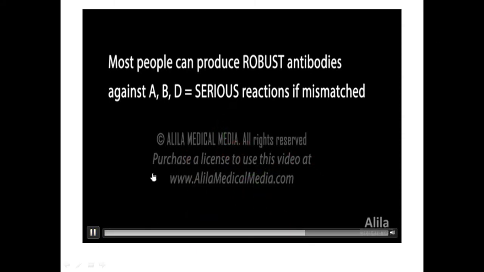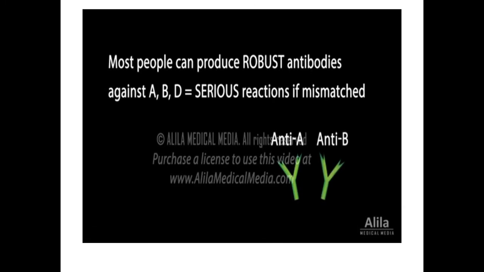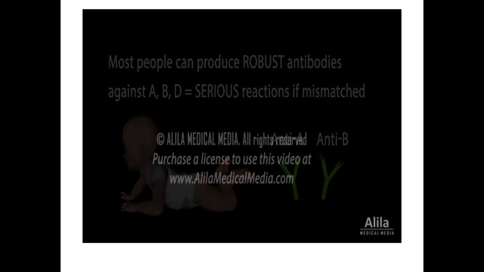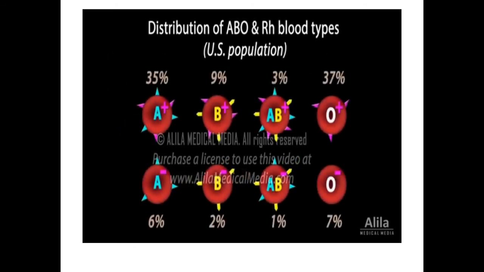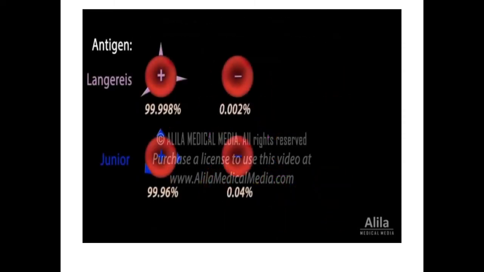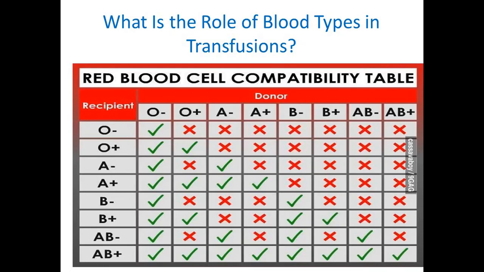which may not be the case for other antigens. In fact, anti-A and anti-B antibodies are usually developed during the first year of life. Second, the 8 basic blood types are distributed in comparable proportions that makes mismatching a likely event. Most other antigens occur at such frequencies that only a very small subset